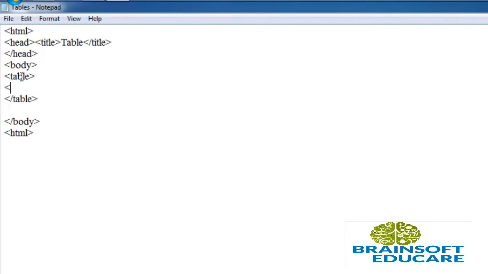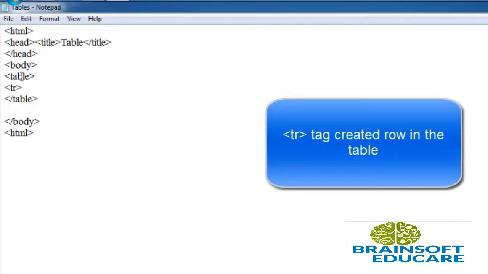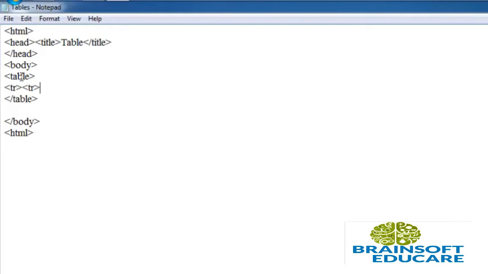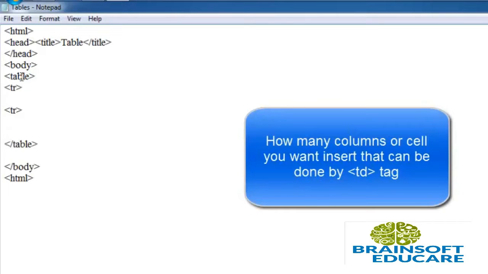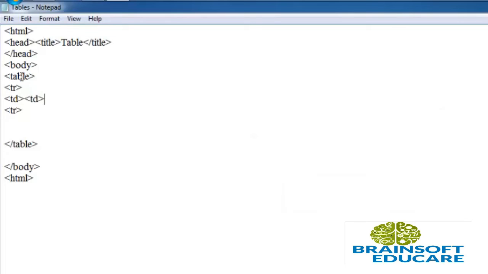So we are creating just a table for student information and its marks. So for that, tr tag is used. For creating row, means table row, we are creating first one row. In one row, how many columns do you want to insert? For that, table data, which is used to create table cells, I want to create 2 columns, so I have